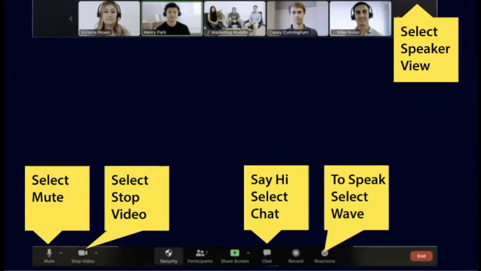Chat, what they mean is you're just typing, so you can use your keyboard to send little messages. So I would ask you to start using that chat today, just to get yourself used to it. So if you type into the chat today, tell us who you are and where you're from. I can see those messages and others can see them too. If you select your chat function, the chat